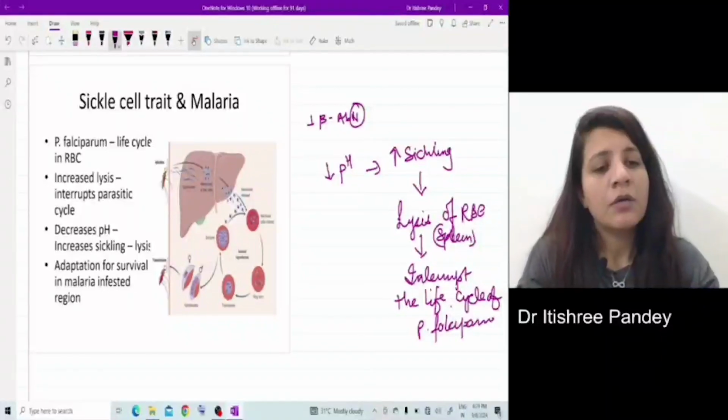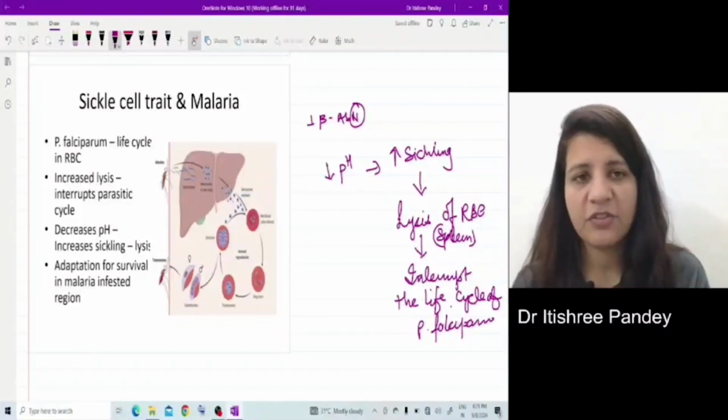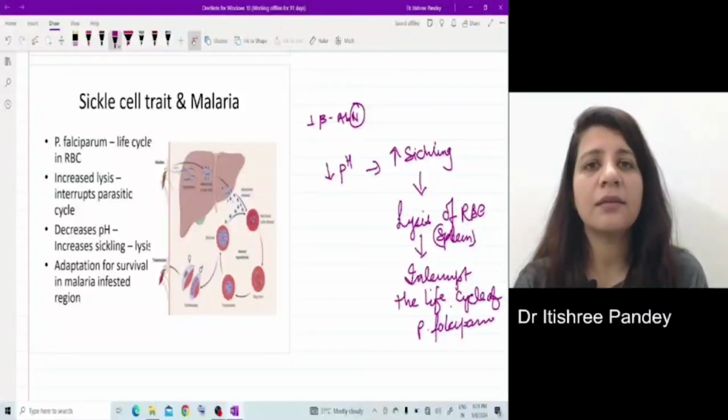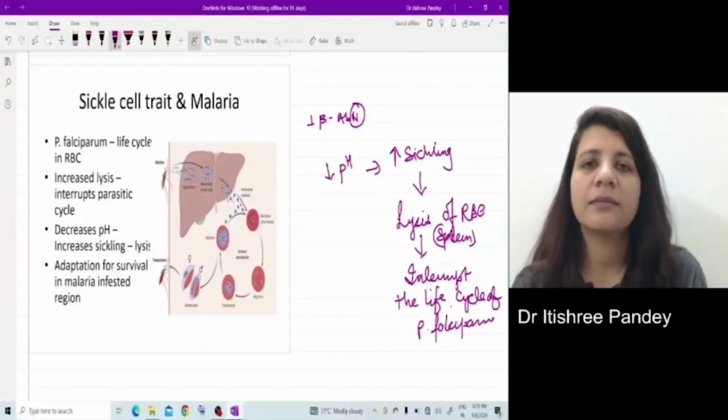So it is said that sickle cell trait is an adaptation for survival in malaria infested regions. The reason is that once malaria enters the sickle cell trait RBC, there would be increased lysis, and hence the interruption, and hence the prevention